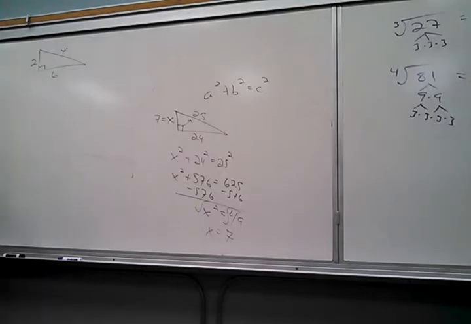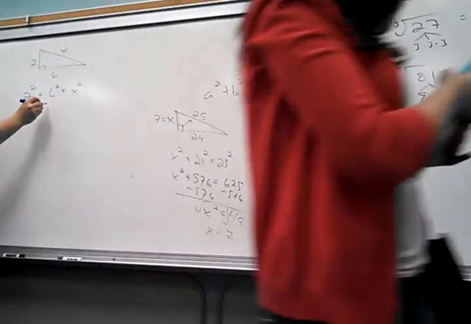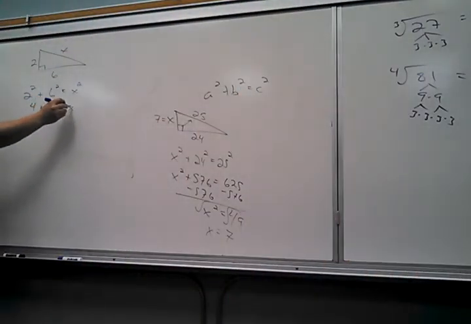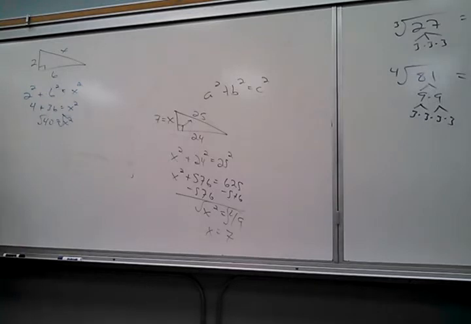So how do you set up this equation? 2 squared plus 6 squared equals X squared. I love it. So then you get 36, so 40 equals X squared. See, those cancel. That's why I take the square root, so I can kill that square. I want to get X by itself. I want to kill the square, so I do the opposite. So X equals the square root of 40,